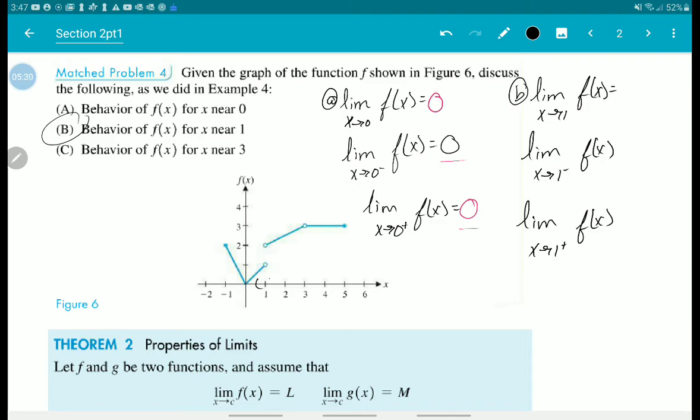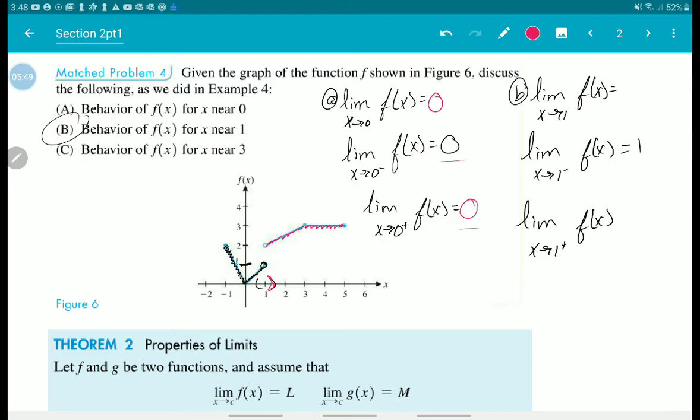So I want to get close to 1. I'm going to come in from the left, and I'm just going to follow this graph. And as I get close to 1, my y value is getting close to 1 also. So we say that the left-hand limit is 1. But when I come in from the right,